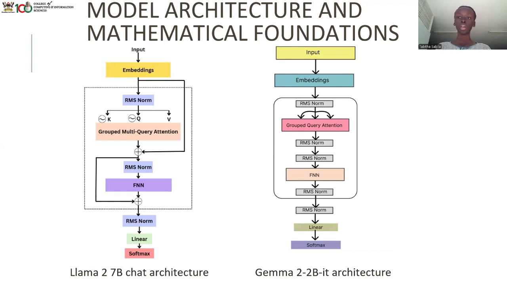Llama 2 7B has pre-normalization. This is where the normalization layers come before the transformer sublayers, while Llama 2 2B IT has a hybrid, a combination of both post and pre. As for Falcon 3 1B, we weren't able to find publicly published resources that would help us clarify the positioning of its normalization layer.